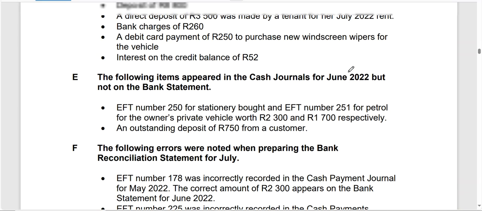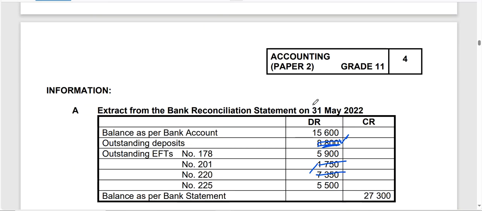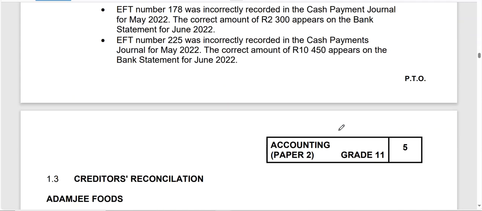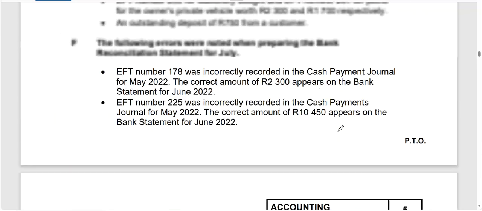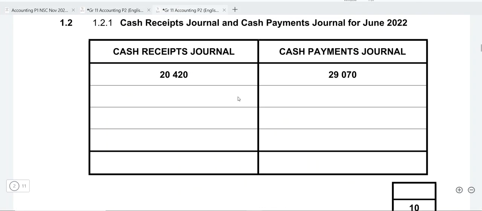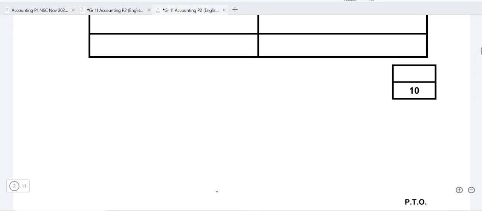Okay, and then next, if you look at this, you are also given the balance as per bank account for May. So you need to use it as an opening balance for this month. But unfortunately, if you look at this, you were not given a space for that. So what I would do, I will open my small bank account here, because it will be safe for us